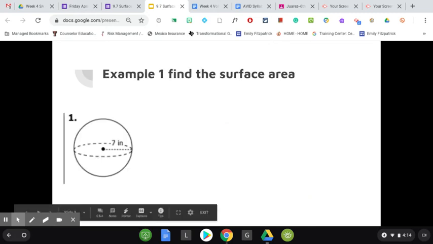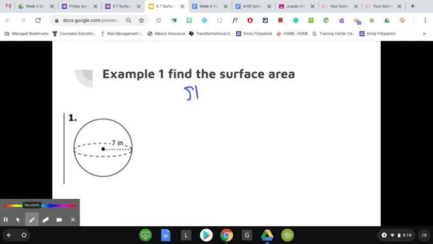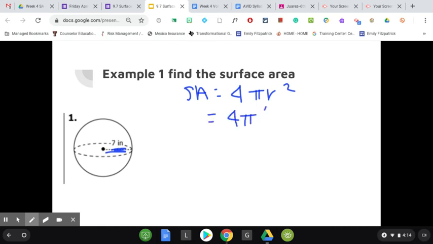Here's example number 1. Find the surface area of the sphere. So first thing I'm going to do is write my formula down. The previous slide just said S, but I like to write SA for surface area. Whatever you want to write is fine. 4 pi r squared. The radius, as you can tell, is 7. So we're going to plug in a 7. We're going to evaluate that in our calculator, and you are going to get